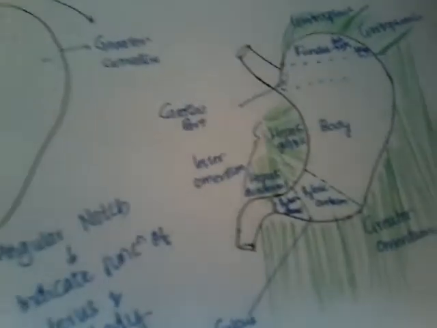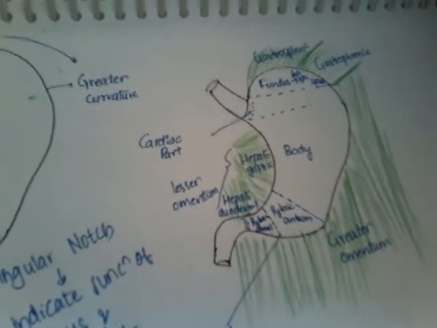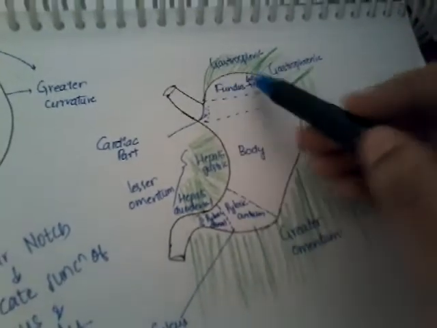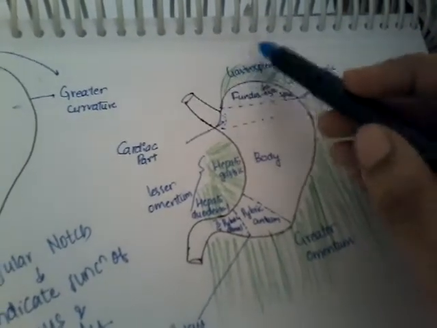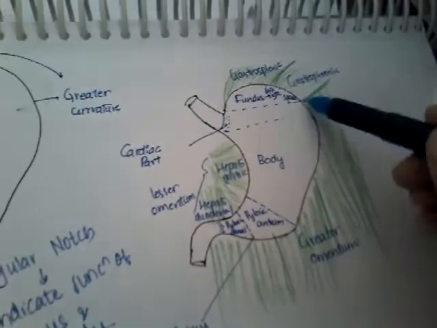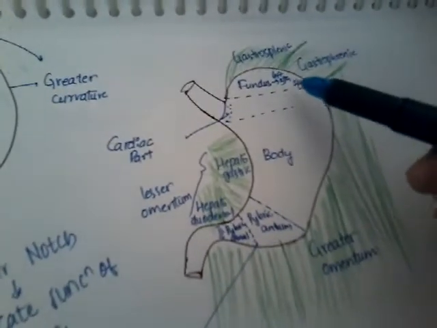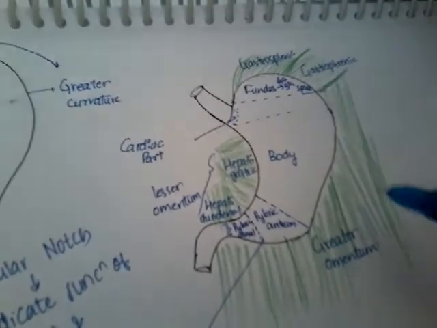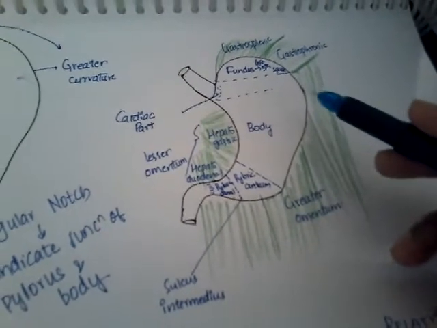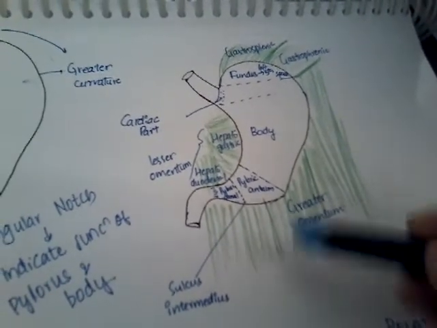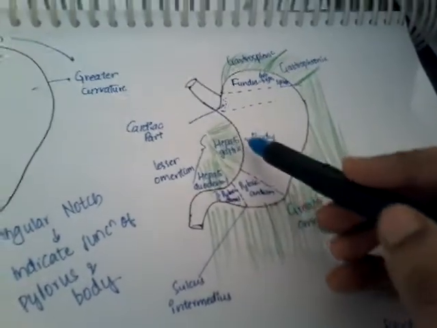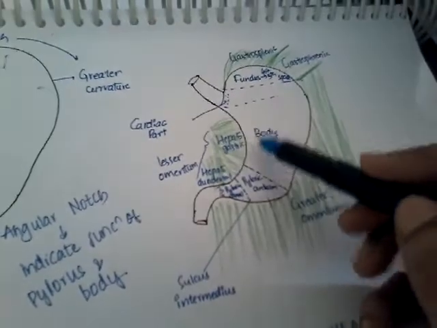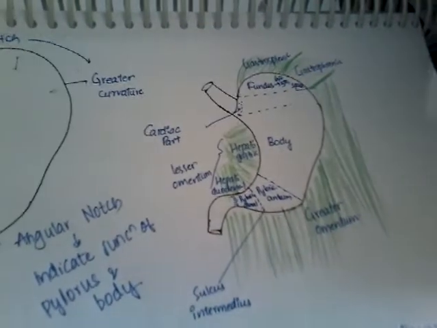Now what about the relations of the stomach? There are peritoneal relations and there are visceral relations. Among the peritoneal relations, the fundus of the stomach is attached to the spleen by the gastrosplenic ligament, whereas the later half of the fundus is attached to the diaphragm by the gastrophrenic ligament. The whole body of the stomach at the greater curvature is attached to the greater omentum, whereas the lesser curvature is attached to the lesser omentum, in which it is attached to the hepatogastric part. So these are the